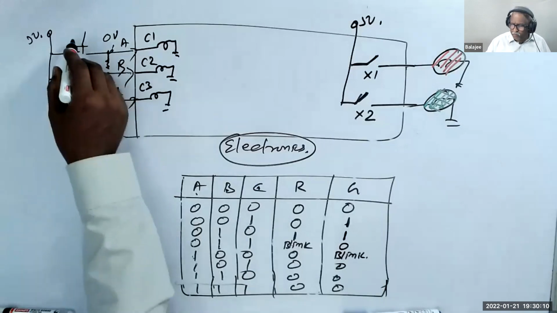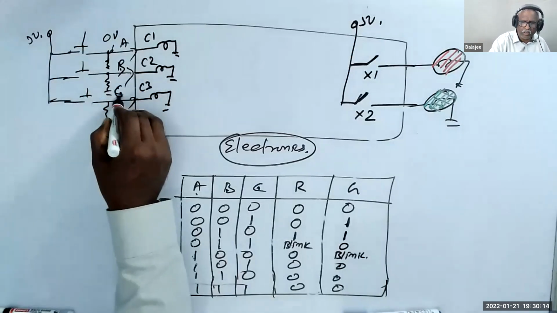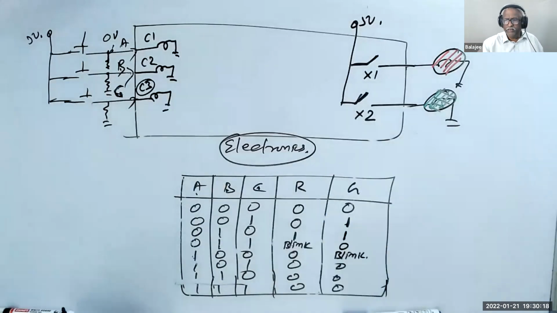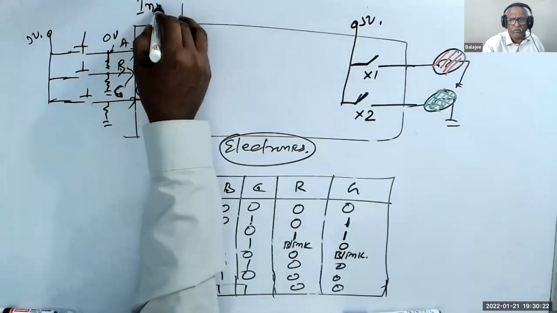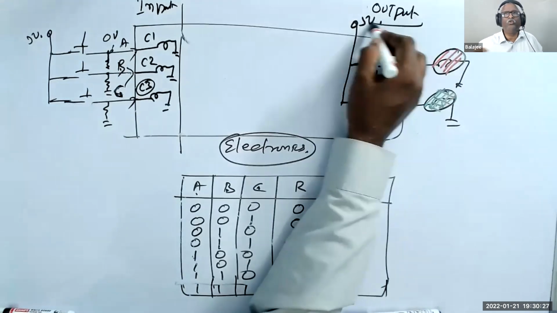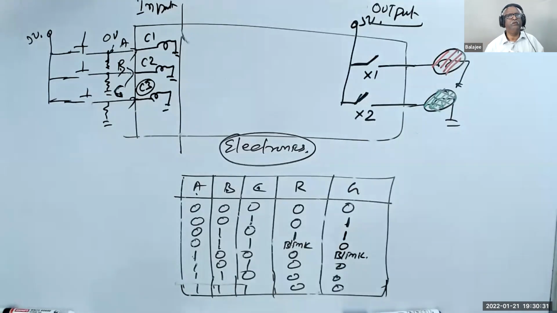Now, when you press on the C switch, let us say A, B, C, then C3 will be on, but that will not come to output. There is no connection between, this is input, this is output. So there is no connection between input and the output. You understand now? The trick here is,